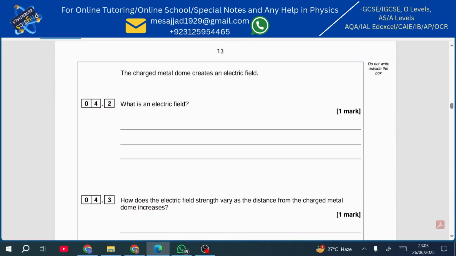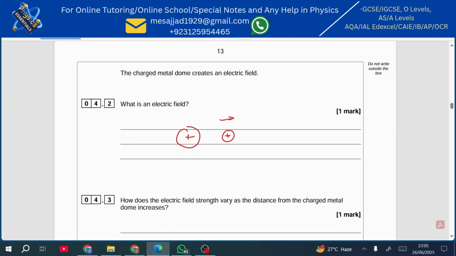So 4.2, the metal dome creates an electric field. What is an electric field? It is like a home, or a boundary around a charge. For example, if somebody or some strange people come into your home, you will feel that there is something wrong with that. Similarly, when you have a positive charge and you bring another positive charge into or near to it,